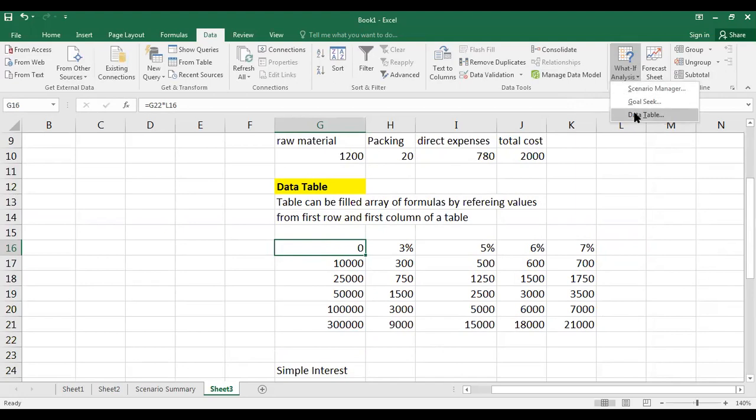So that's it about what-if analysis. And once we take Solver, again, we will recall it with Goal Seek. So these are all the three options. What-if analysis is basically, if this is the case, what will be your output? So that comparison I can do using Scenario Manager, Goal Seek, and Data Table.